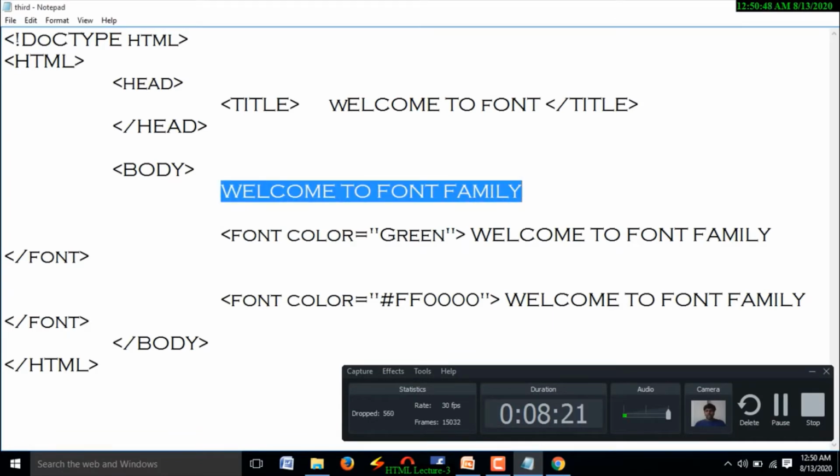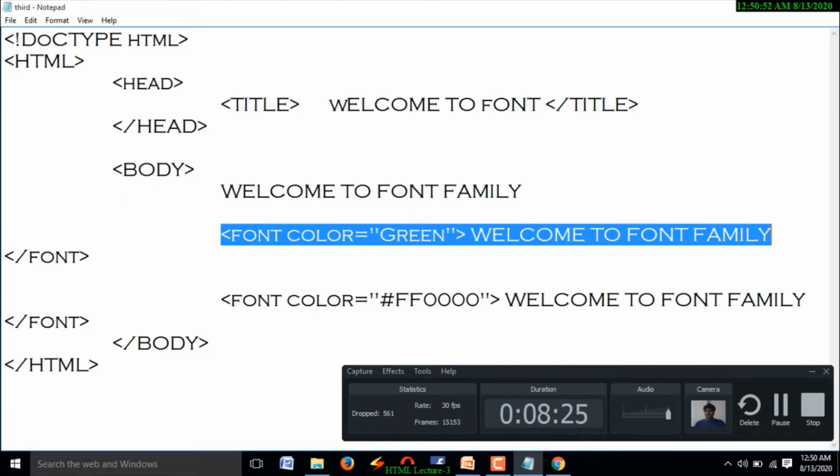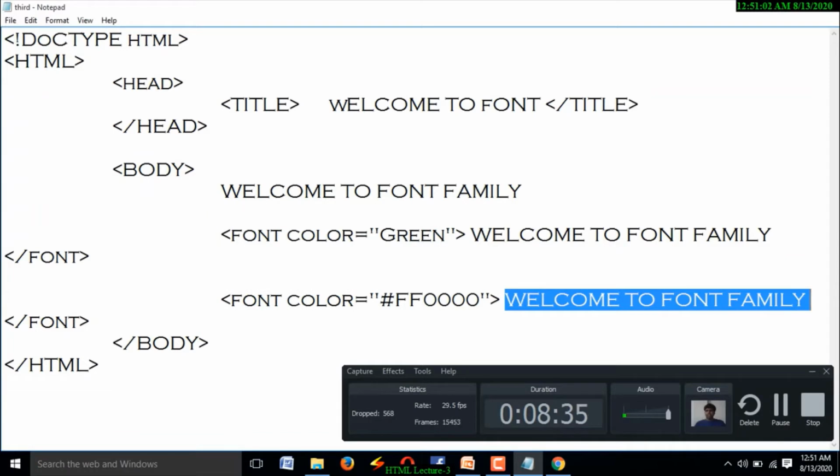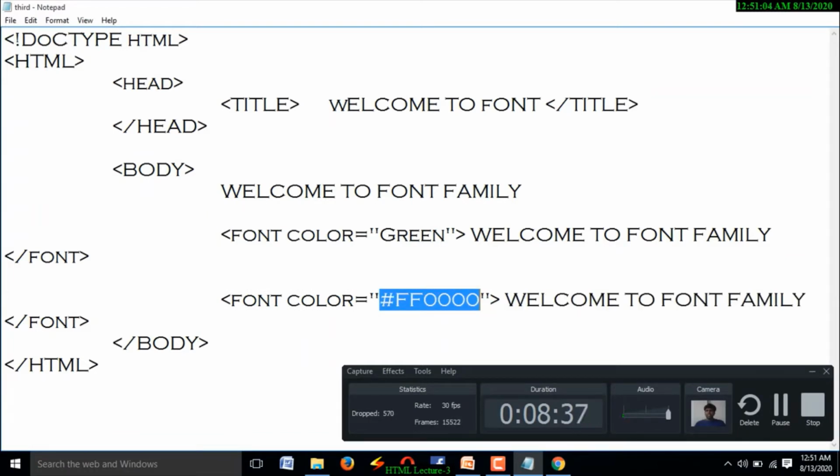Observe this example carefully. This is a normal text, and this is a font color applied text, and here the font color name is directly mentioned. Coming to the third text, welcome to font family, here the font color is not applied directly. Here we are using a hexadecimal value.